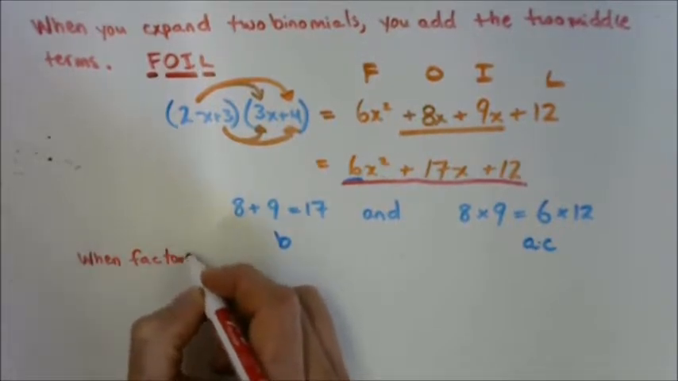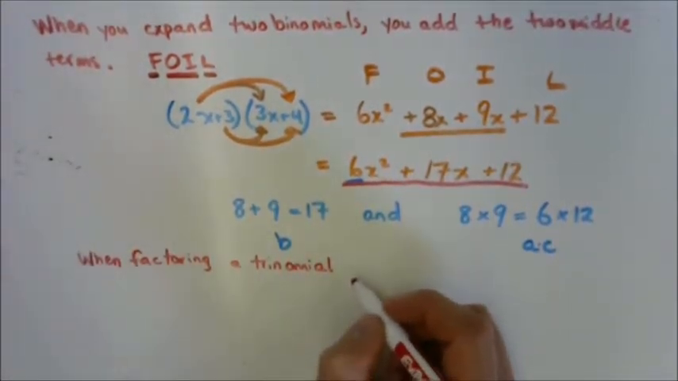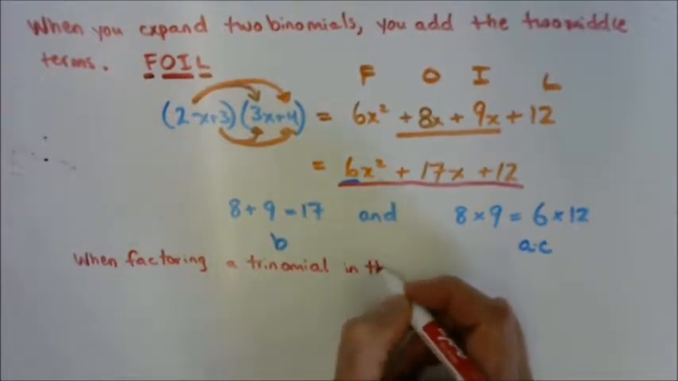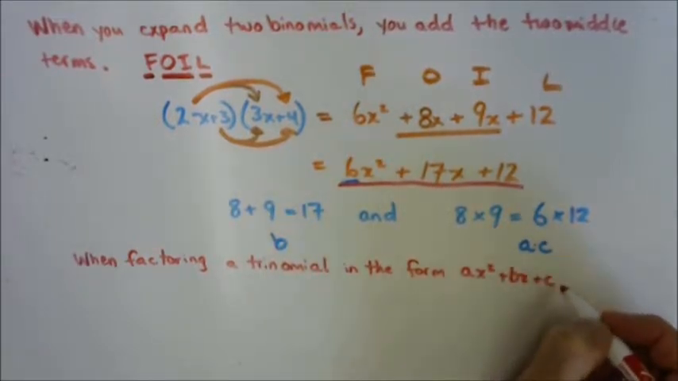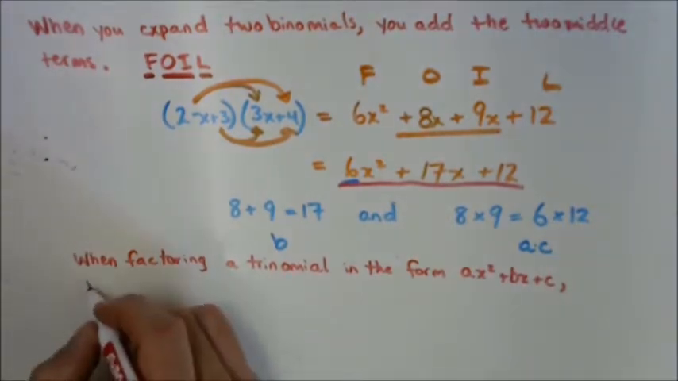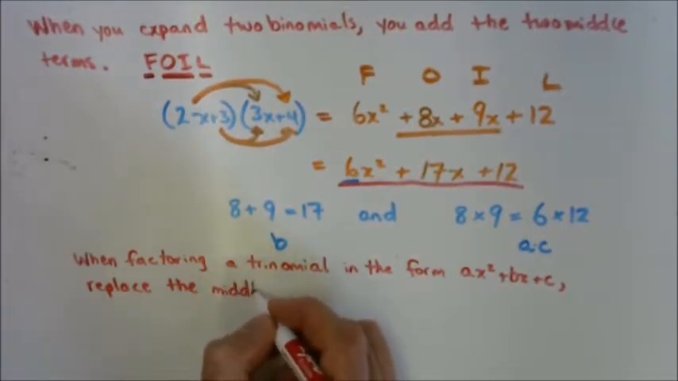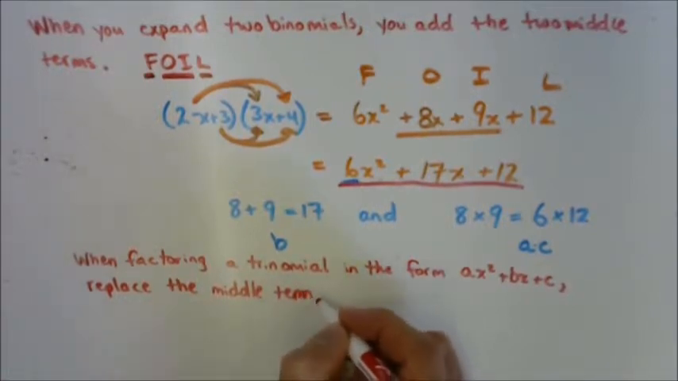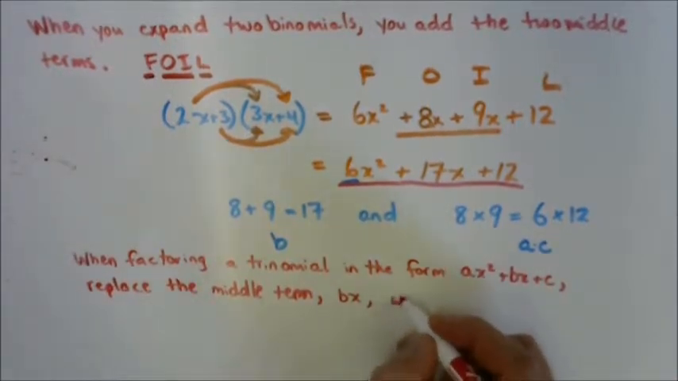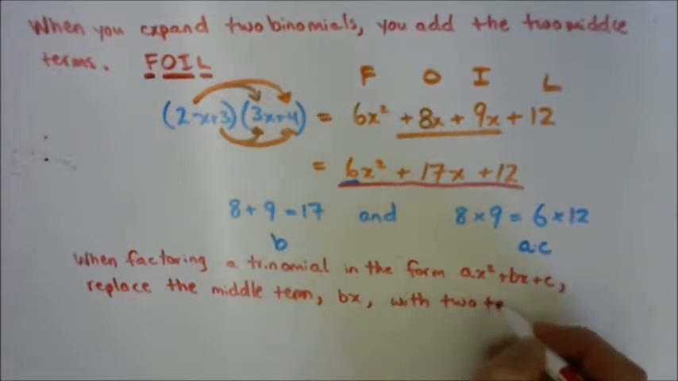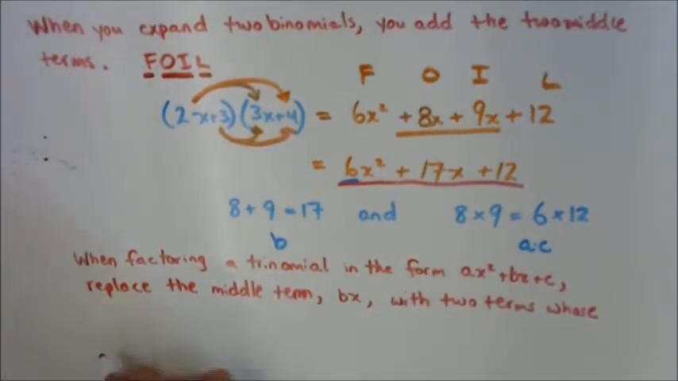factoring a trinomial, should still all fit on the bottom of your first page there. When factoring a trinomial in the form ax squared plus bx plus c, replace the middle term, and that's bx, replace the middle term bx with two terms whose integer coefficients,